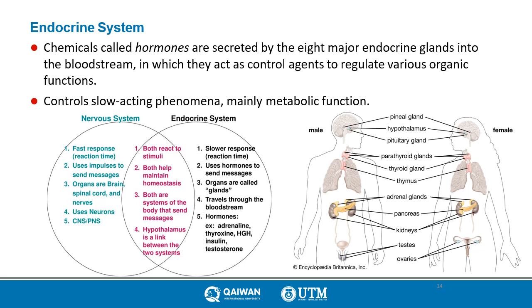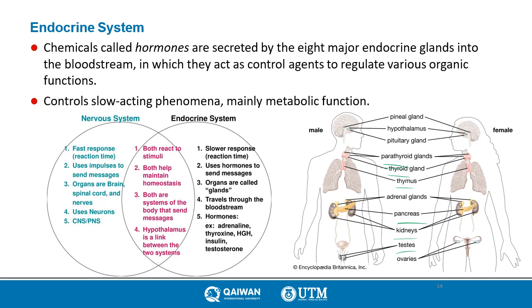The hormones are secreted by major glands in the human body, like the pineal gland, for example, pituitary gland, parathyroid, thyroid, thymus, pancreas, kidneys, etc. The endocrine system controls the functions of the organs in a slow way, or a slow manner, compared